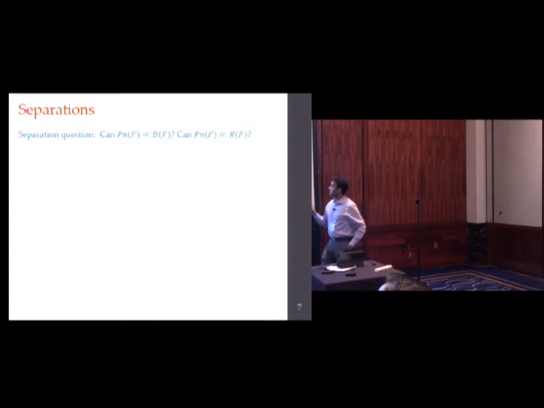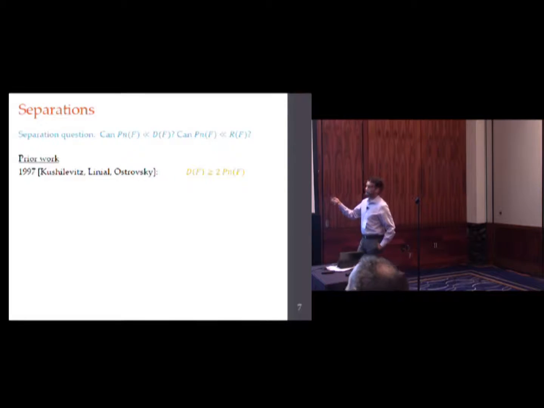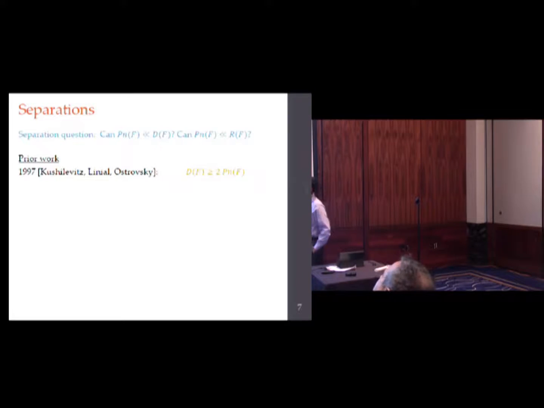And this question turns out to be really hard, exactly for the reason that the partition number lower bounds all lower bound techniques. So how would you prove a separation between either deterministic or randomized communication complexity and partition number if you don't have techniques to prove the separation? And because of this reason, until last year, the best known separation was just a factor 2 separation, like a multiplicative factor 2 separation. And this stood since 1997.